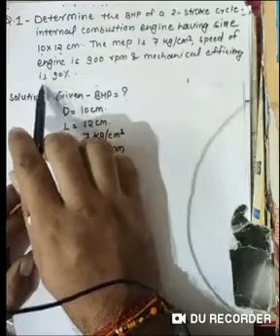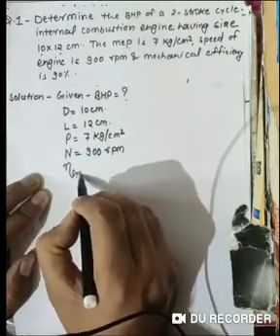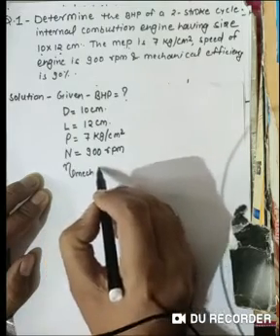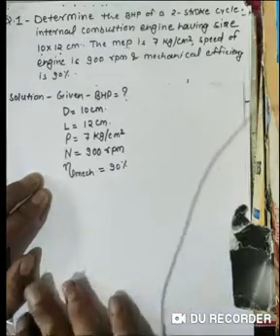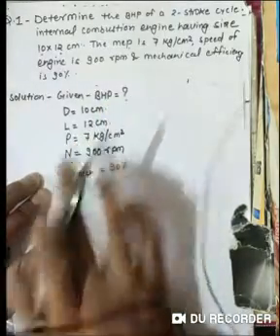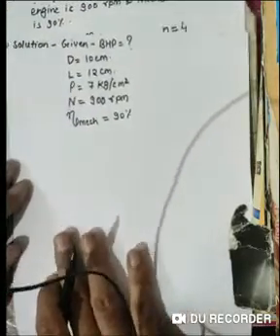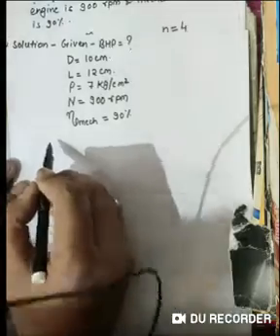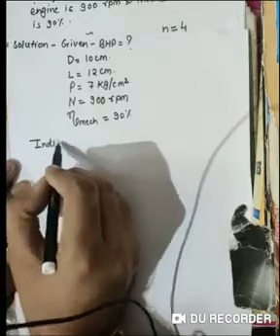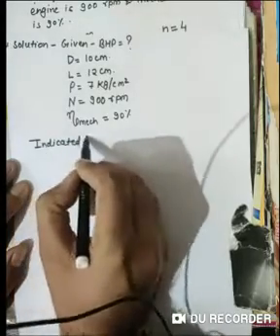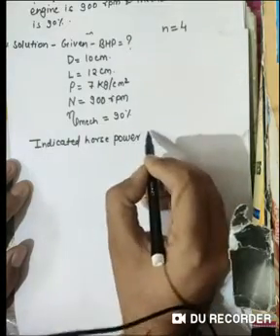Mechanical efficiency is 90%. So efficiency is denoted by eta. So it is mechanical efficiency, eta mechanical is equal to 90%. Okay. So if we want to calculate the bhp, brake horsepower of any engine, then firstly we have to calculate the indicated horsepower of the engine. So the formula of indicated horsepower, IHP,